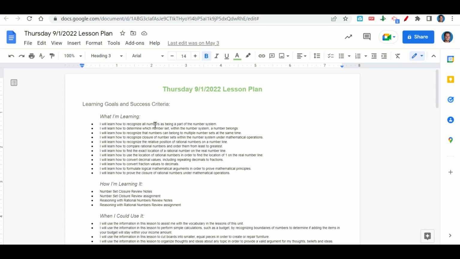We're learning how to recognize all numbers as being part of a number system, how to determine which number set within the number system a number belongs, how to recognize that numbers can belong to multiple number sets at the same time, to recognize the relative position of rational numbers on a number line, to compare rational numbers and order them from least to greatest, to find the exact location of a rational number on the real number line,